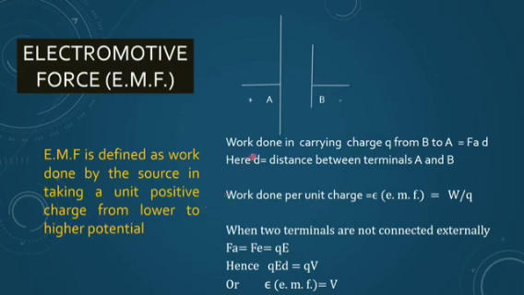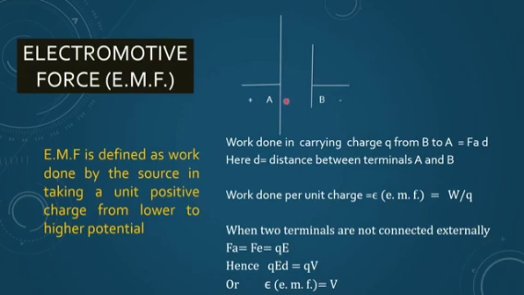So you have to understand how things are happening within a cell. When I am taking the cell, of course, this is the denoting sign for the cell. I am having one bigger line and one smaller line. The bigger line is for the positive terminal of the cell, and the smaller is for the negative terminal. In this, electrolyte is there, and these two behave like the electrodes, and there is a known electrostatic force.